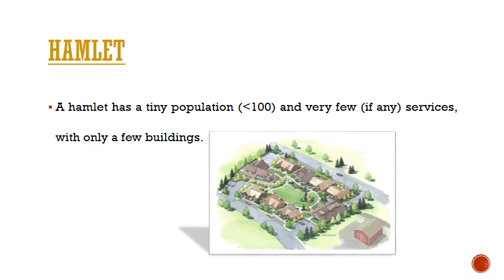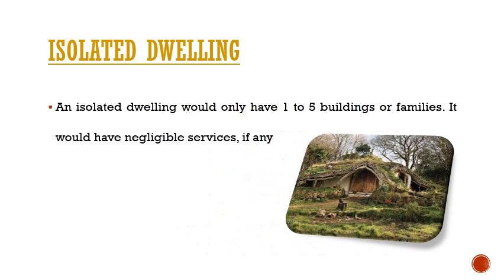Hamlet. A hamlet has a tiny population, less than 100, and very few, if any, services, with only a few buildings. Isolated dwelling. An isolated dwelling would only have 1 to 5 buildings or families. It would have